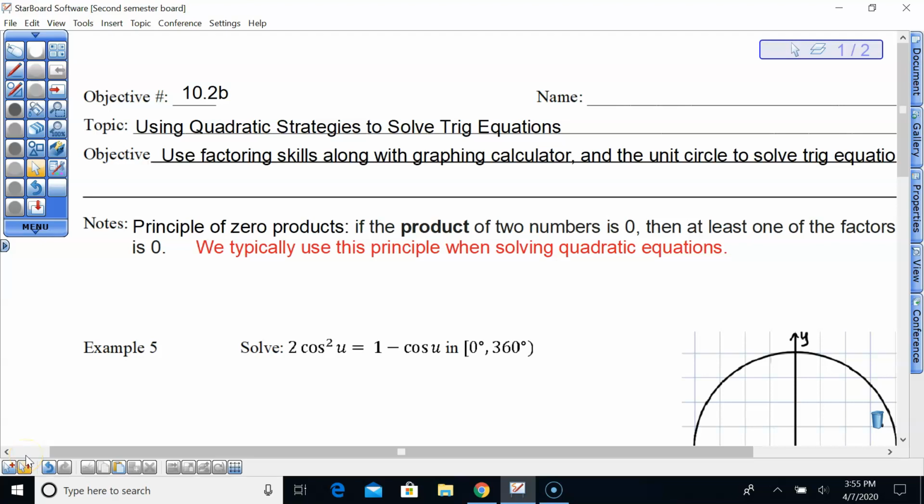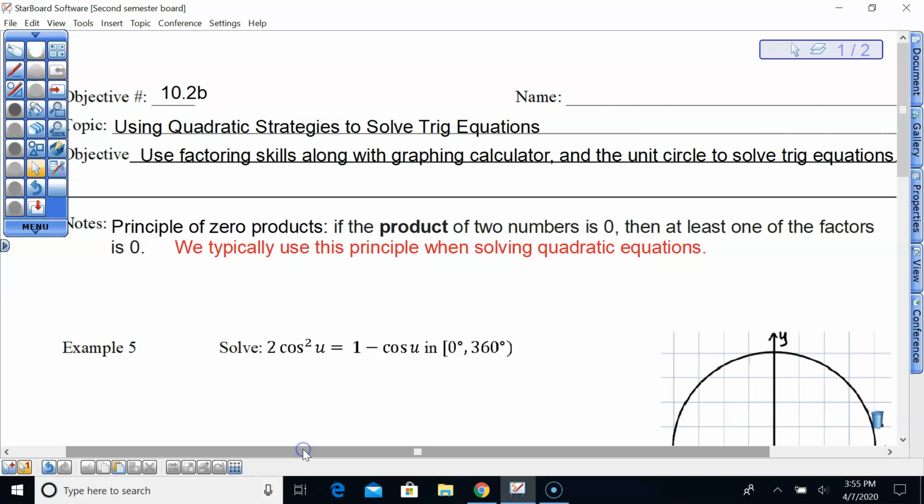This is Objective 10.2b. We're going to continue our study of solving trig equations, and the equations we'll be solving today will be quadratic trig equations. So we'll be using our quadratic strategies to solve them. We'll rely on our factoring skills to solve, and if we can't factor, then we'll go to our graphing calculator. We'll also use our unit circle. Those are your objectives, to put those three things together